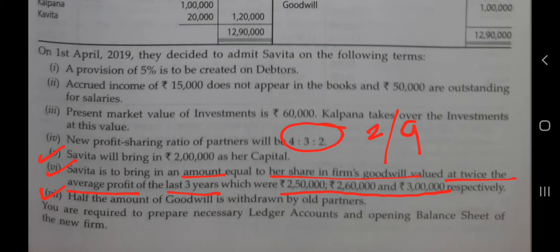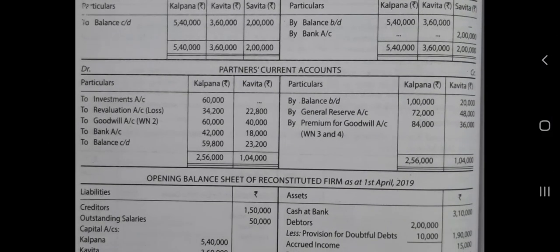And then in admission, we have discussed the topic accounting treatment for goodwill. So goodwill brought in by the new partners is first of all distributed between sacrificing partners, and then sacrificing partners can withdraw this amount also. So entry will be partners' current account debit to bank. So you can see this entry is done in current accounts. So these are the current accounts.